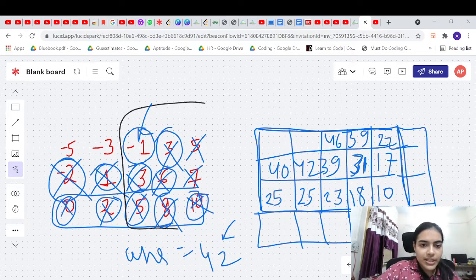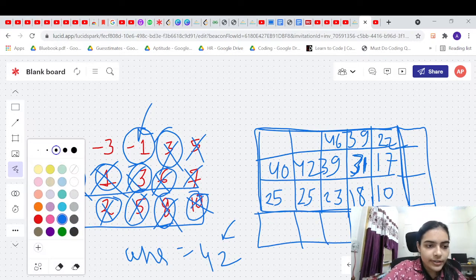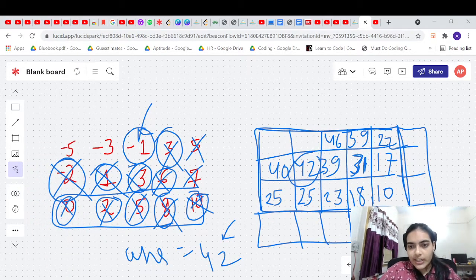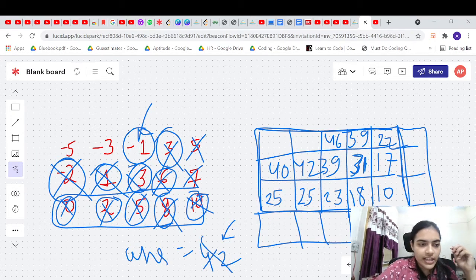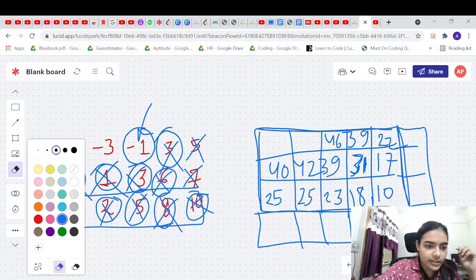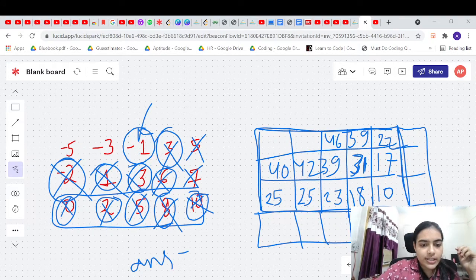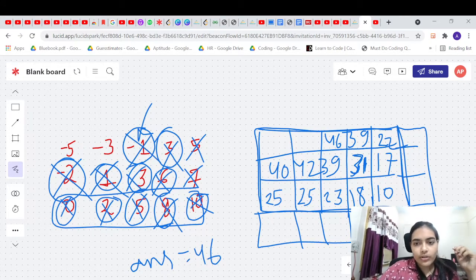Okay, so this will become our answer now. So what is it? It is 48? Sorry, it's 46. The answer is 46 for that region. So I will change the answer, and the answer will become equal to 46. Okay. And this is also done. Now let's go to the next value, minus 3.